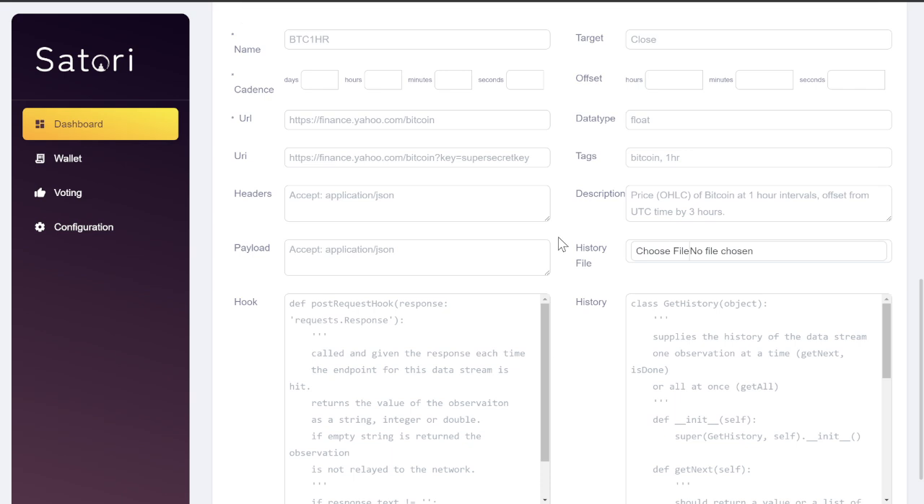Again, just a quick recap. Ignore this history portion. Fill out the name, fill out the cadence, fill out the URL, fill out the data type. Tags and description are really helpful and good. This offset I didn't discuss. Offset is cadence, so you don't really have to deal with it, if you don't want to. But what it means is